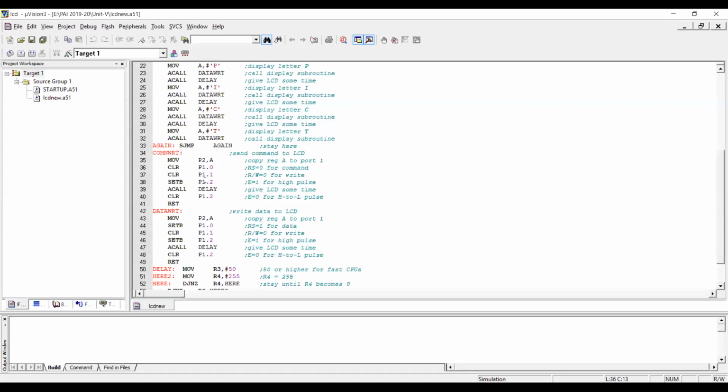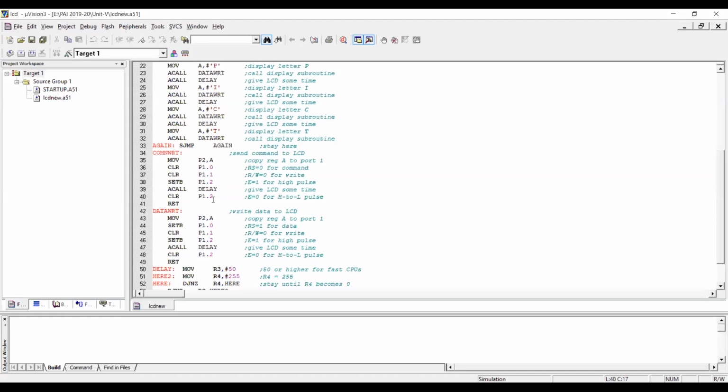That means we send RS equal to 0, because port 1 pin 0 is connected through the wire to our LCD panel. And now we are setting the value of port P1.0 as clear, and that's why we are sending RS equal to 0 here. Now the next value is RS is 0, RW is 0 and E is equal to 1. So E is nothing but high to low. So initially we set the value P1.2 and then we clear the value P1.2.